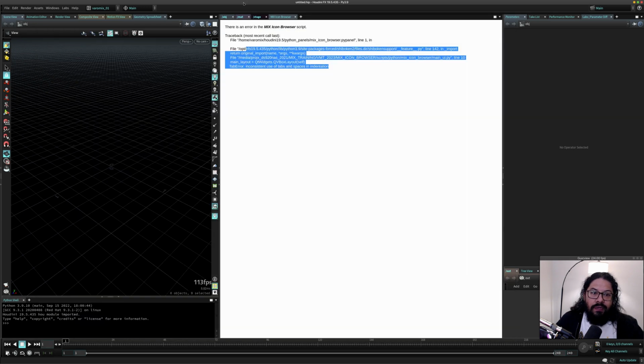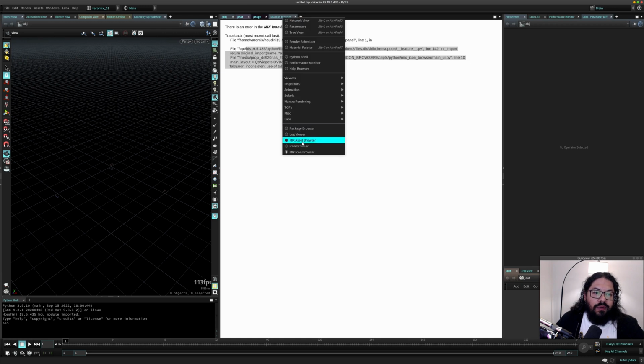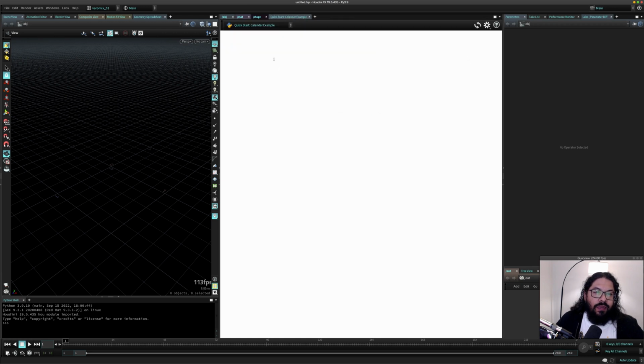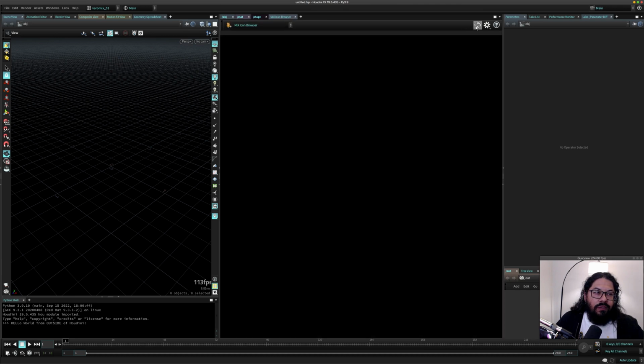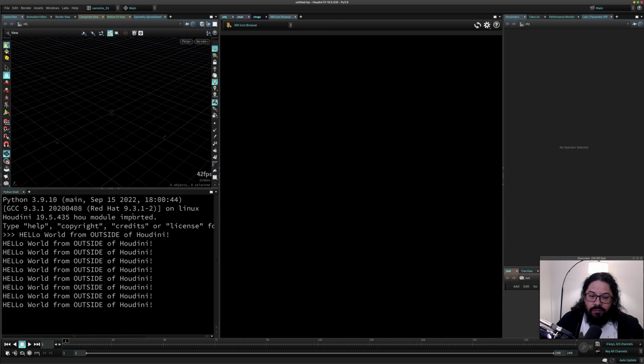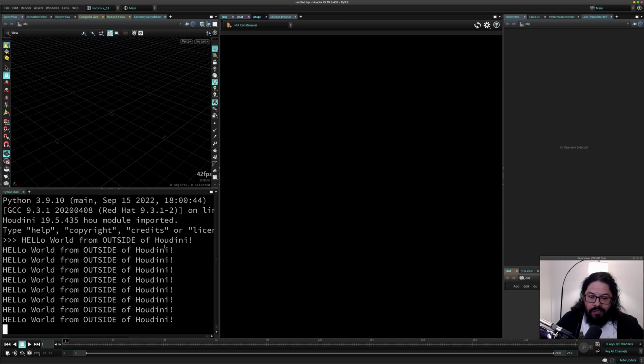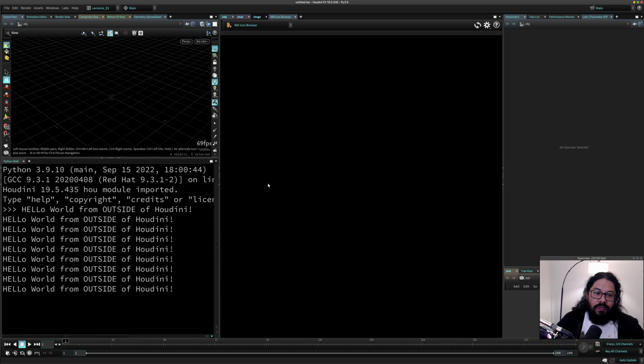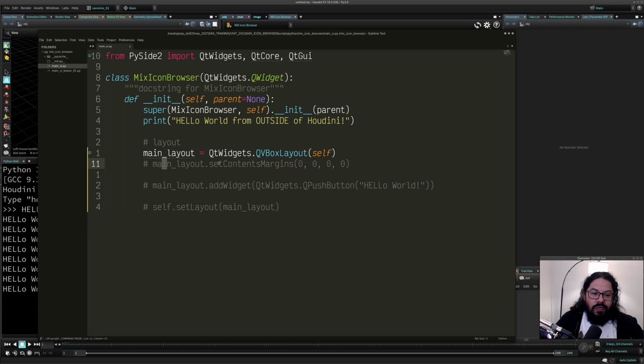If I save that and go refresh here in Houdini, I remember we were using the Python panel, of course, because we want to start refreshing this. Now this works. You can see we have something dark, but it works, right? It is working now, which is great. And we have this hello world from outside of Houdini. We can actually make this text bigger if you feel like that is important. Actually, yeah, let's keep it big here so we can see it. That's good. All right, so now let's start working on